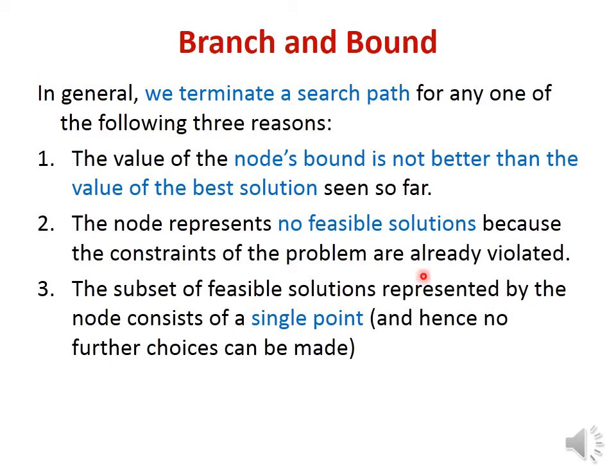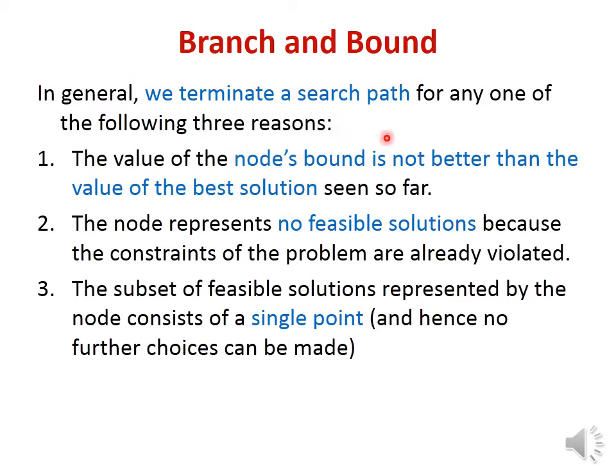Number one, if the value of the node's bound is not better than the value of the best solution seen so far, we can stop it. Whenever we are computing the bound for the node in the state space tree, if the value of the node's bound is not better than the value of the best solution,